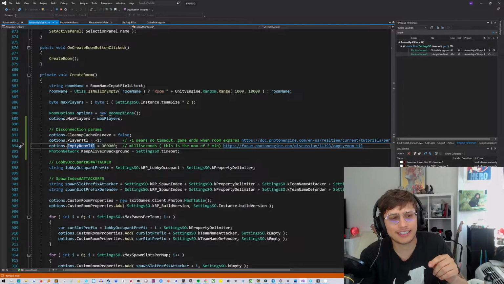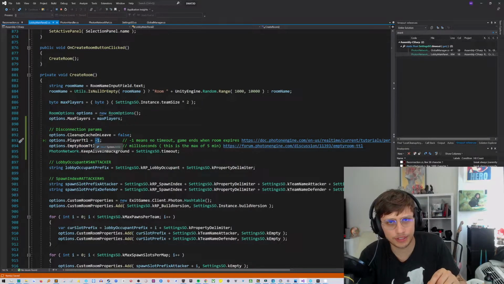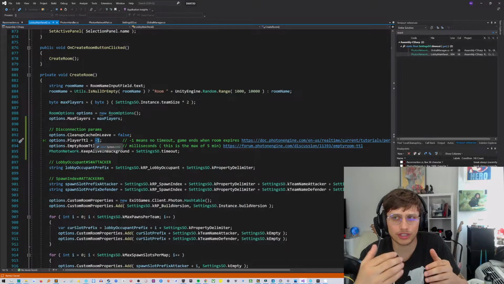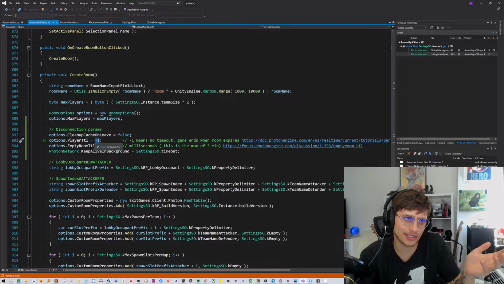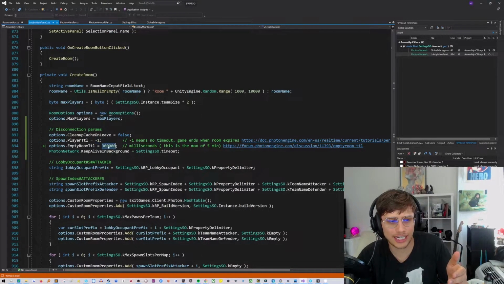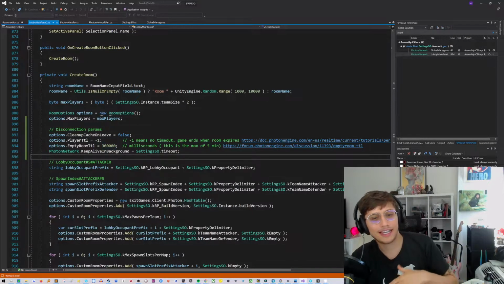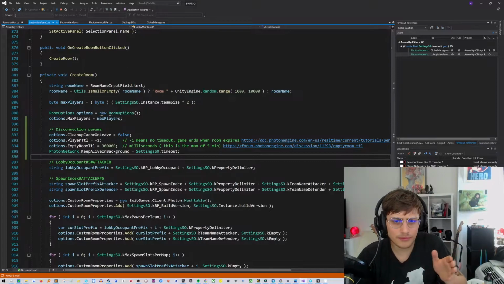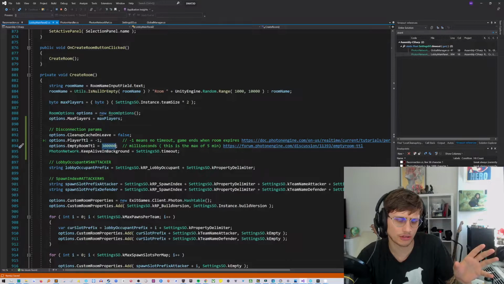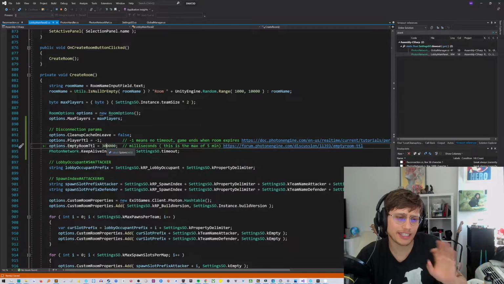In this case, -1 is not an option, which kind of makes sense because otherwise Photon would have to support rooms that could exist for like years, right, with no players in them. So it makes sense that you kind of have to have a limit here. And honestly, I don't think this is explained super well in the documentation, and I'll cry about that in a second. But basically, there is a hard limit to this number, and that number is 30,000,